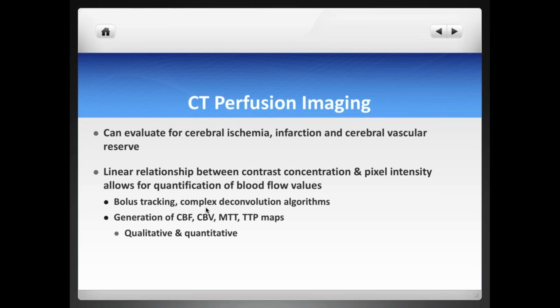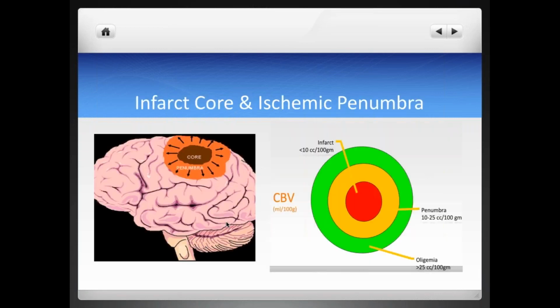Basically, CT perfusion relies on bolus tracking, and after you track that bolus, it relies on a very complex deconvolution algorithm. When I say complex, I mean complex mathematical equations that clearly are beyond my own understanding. And basically, this software generates different maps, including cerebral blood flow, cerebral blood volume, the mean transit time, and the time to peak. And with those maps in hand, you, as the imager or as the interventionalist, can then make your determination whether there is a large penumbra, if there's a mismatch between the penumbra and the core, and so on.